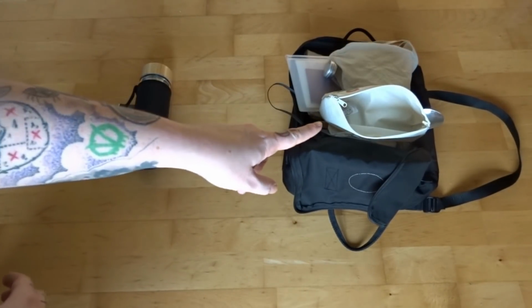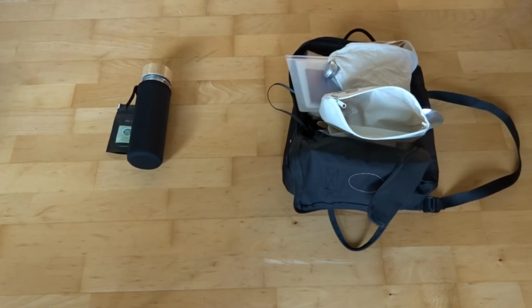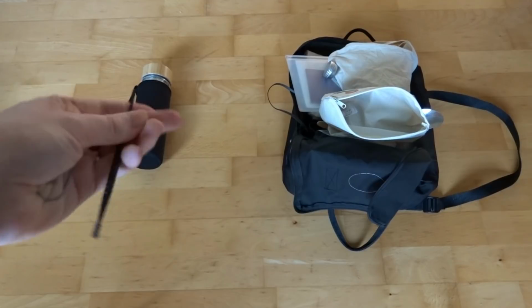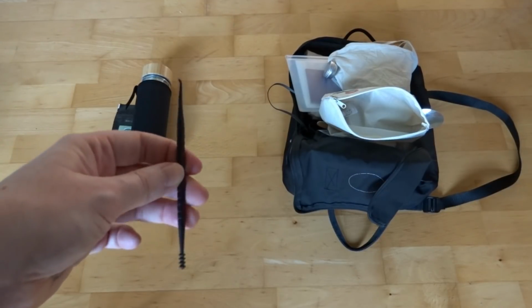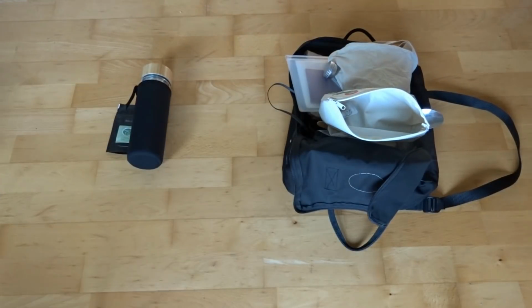There is one thing I want to add to that though. Normally we take cotton wool buds with us, because if you're wearing headphones for any amount of time, your ears get really, really itchy. So I have now got a zero waste, reusable ear scraper itcher thing. So I'm going to take that with me this time. Pop that in there. And last but not least,